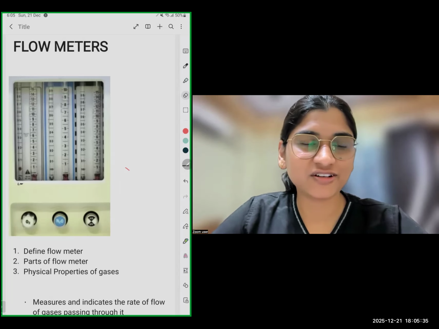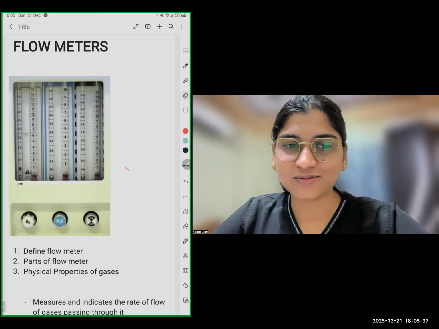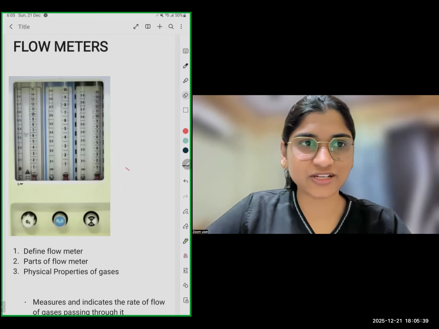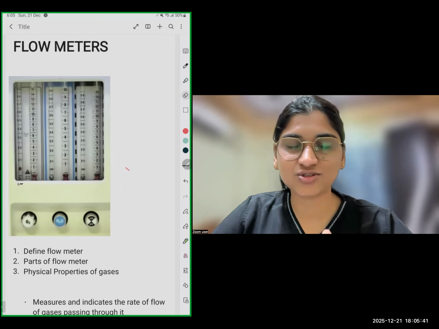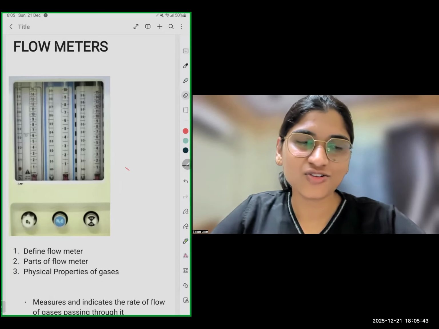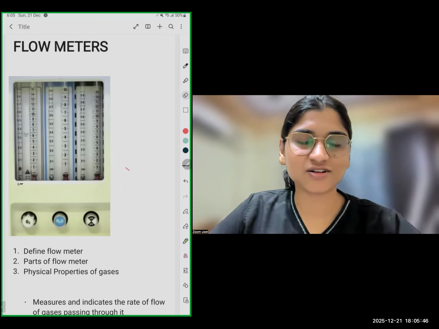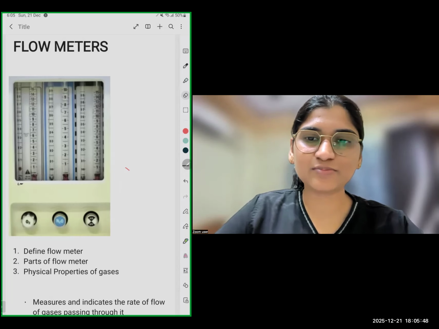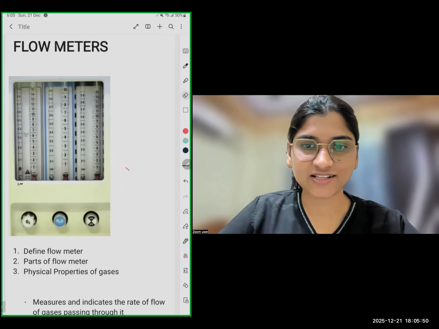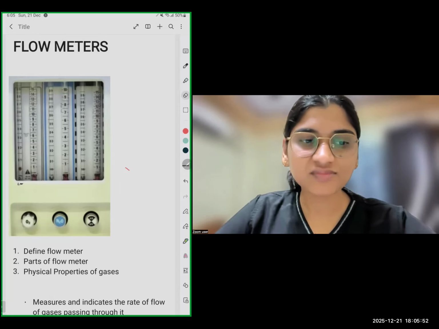So, we are talking about flow meters today. Very briefly, I'm going to tell about the flow meters, not in depth, just for exam sake. So, what are flow meters? What defines the flow meters, parts of the flow meters, and physical properties of the gases which we should remember